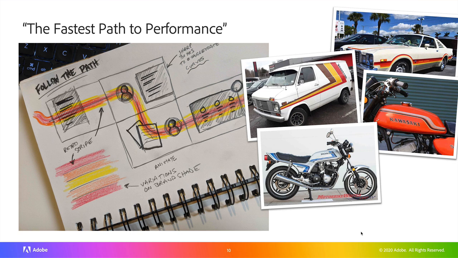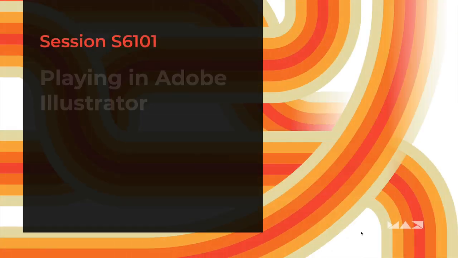And as I'm ideating on this, I started thinking of some of the places that I've seen paths. Paths turned into the idea of stripes. Stripes turned into the idea of some of these really cool retro graphics that I saw as a kid on vans and cars and motorcycles and other different vehicles. And I thought, well, this would be really perfect to create a unique style and help navigate an audience through the different content. Let me show you what I mean as a finished product, and then I'll show you actually how to build it. So here's an example of how that started.